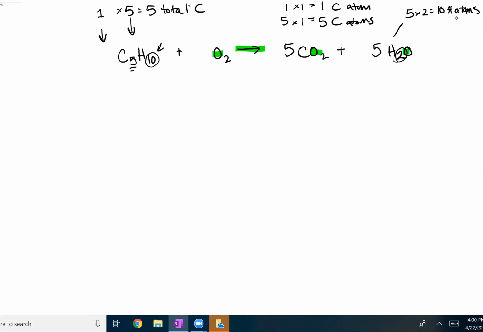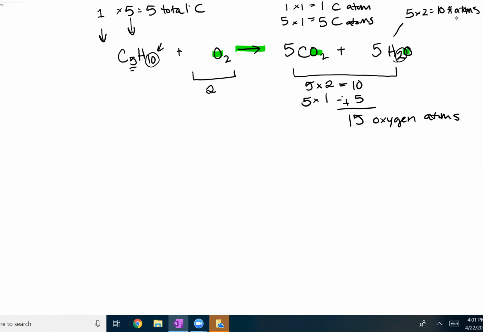The only thing left to balance is oxygen. I'm going to do that by first tallying up the oxygen on each side. On my reactant side, I have 2 oxygen atoms. And on my product side, I have 5 CO2 molecules, each with 2 oxygen atoms, for a total of 10. And I have 5 water molecules, each with 1 oxygen atom, for a total of 5. And when I add these up, I have 15 oxygen atoms